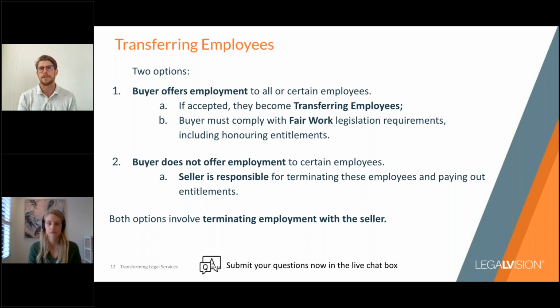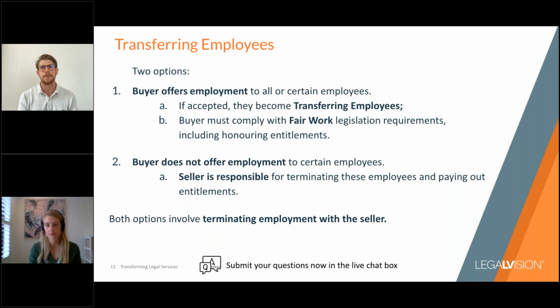How that looks is you sign the sale of business agreement. The sale of business agreement says that X manager needs to sign an employment agreement with you prior to the sale completing. In between signing the sale of business agreement and actually completing the sale, you and the seller are working together to get that person to sign. Only if that person signs can you be forced to proceed with the sale, pay the purchase price, etc.